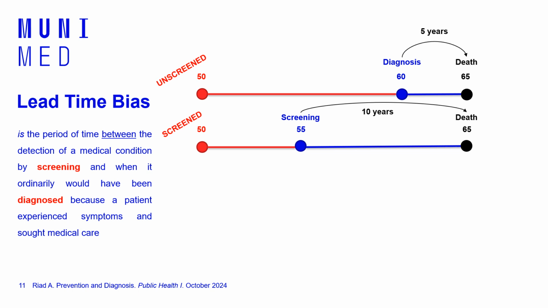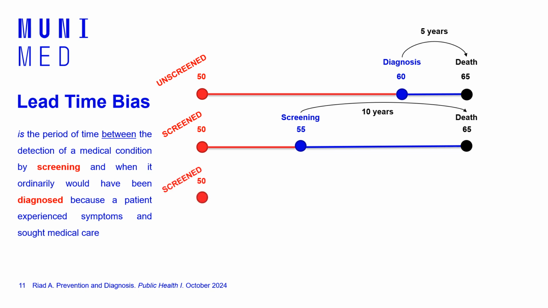So normal diagnosis or clinical diagnosis is usually late because it happens after the clinical disease starts to take place, and so the period of time that is between early screening and normal or average diagnosis time is what we call the lead time. And be careful because the lead time here increased the time of survival, which is 10 years, but it didn't give any benefit for the patient. So when you look at these two cases, you may think that screening helped, but in fact it didn't really help because both patients died at the same age.